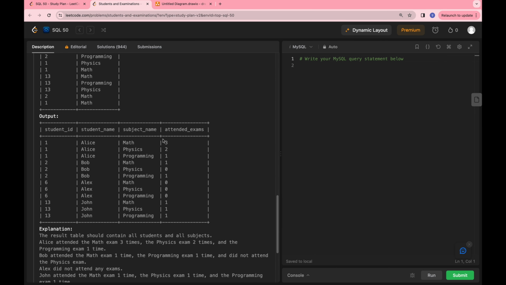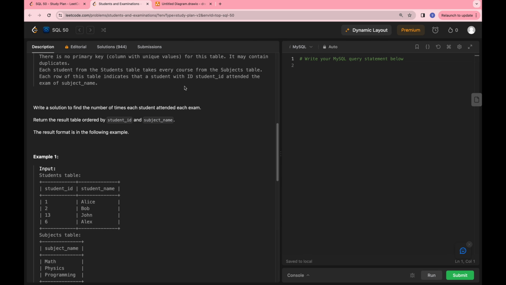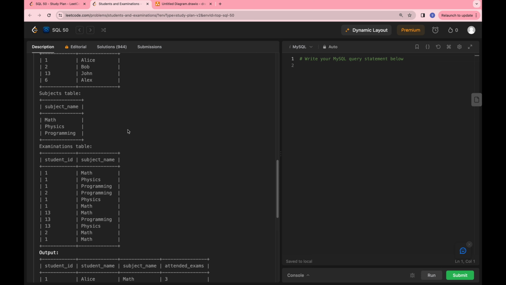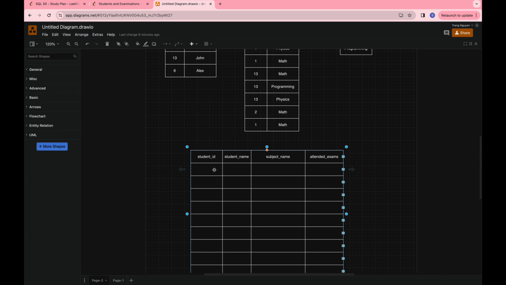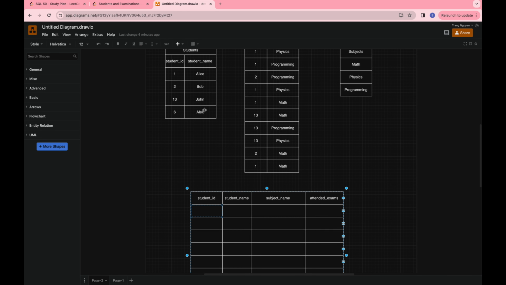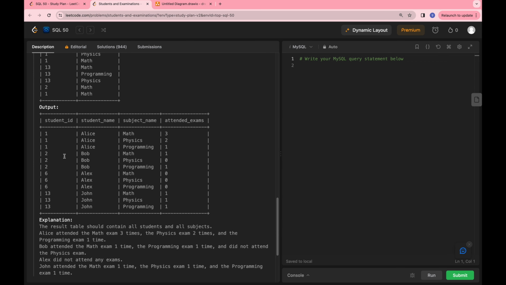So we are asked to create an output that should look like this. In student ID, we should have them ordered by student ID and subject name. Alright, so we are going to have the student ID ordered ascending. That's gonna be 1, 1, 1, 1, and looks like for each subject we have 3 rows for them. So for example, student ID number 2 doesn't take physics exam. We still see physics in the output table, so we're gonna have 3 rows for each student,